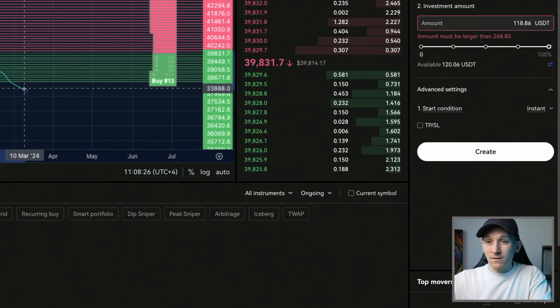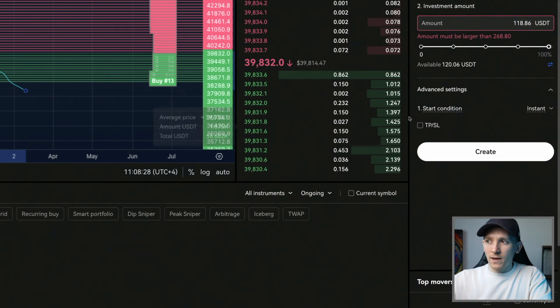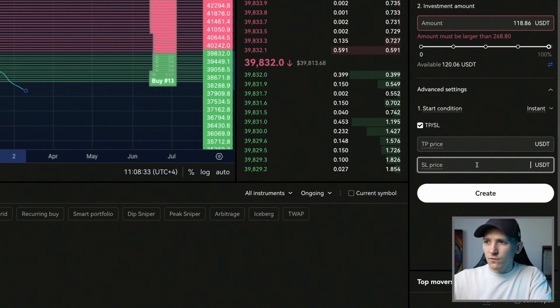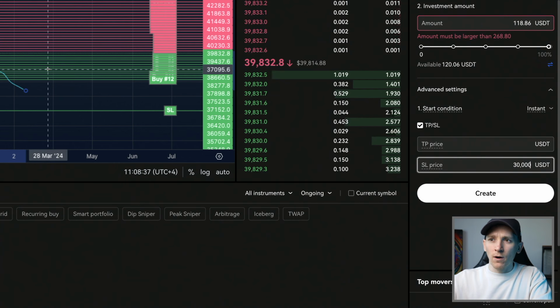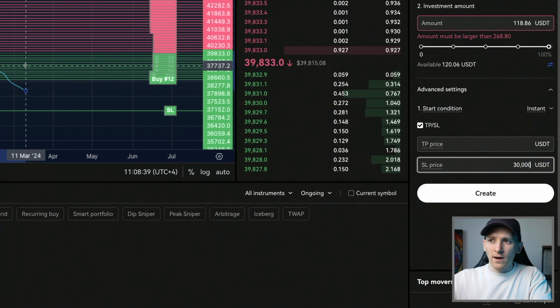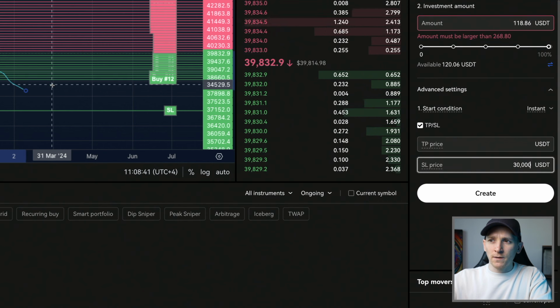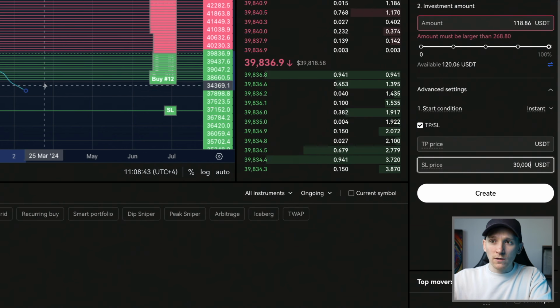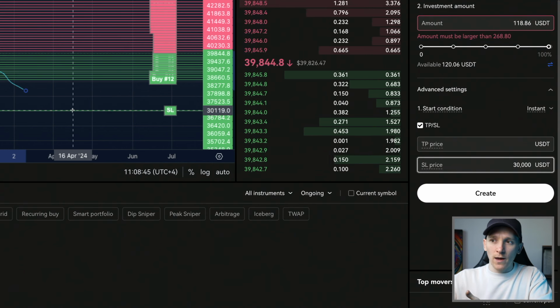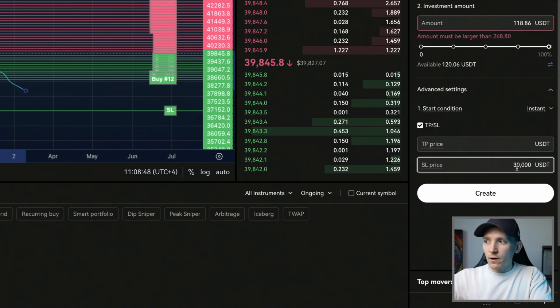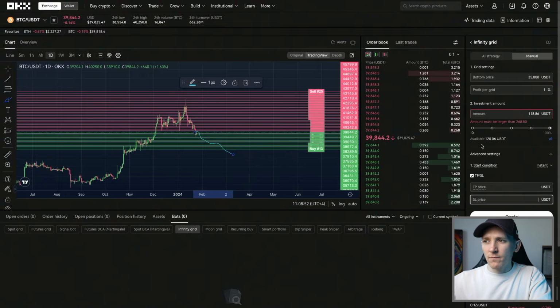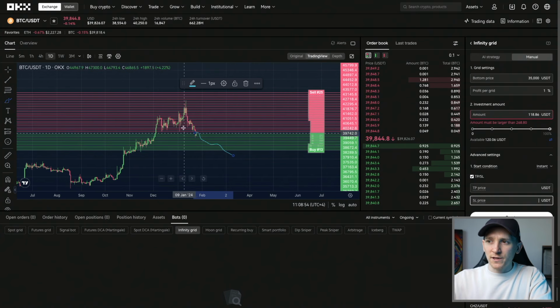Now, if the price does come down, and of course you don't want to make a loss, you can have a stop loss here. So tick this on. Stop loss price could be 30,000, right? So you enter the bot at around here, and you're buying all of these, but eventually, if you are making a loss, you can sell out of the crypto there and stop further losses. That could be okay if you want to stop that. But again, this is more of a kind of investment bot almost. And so you may just want to let it run